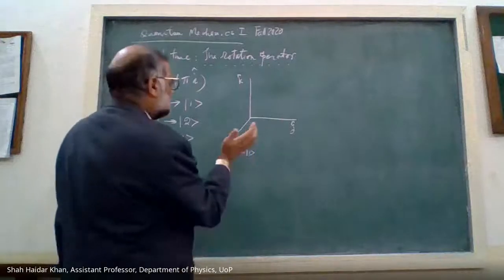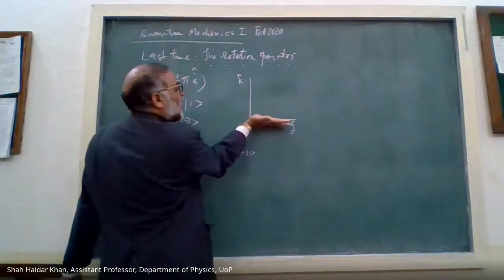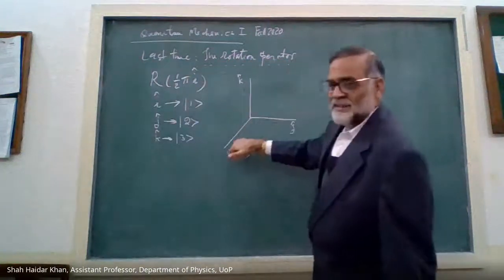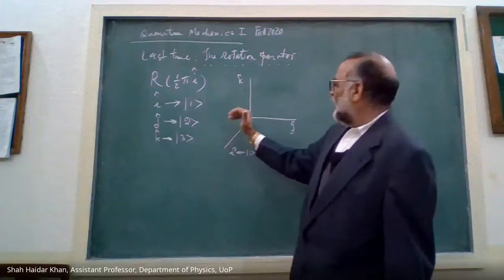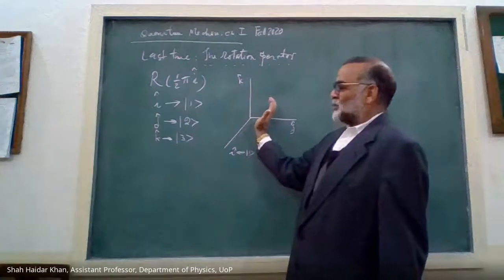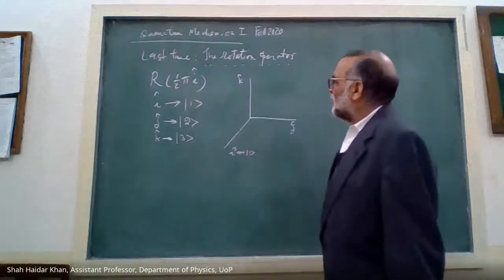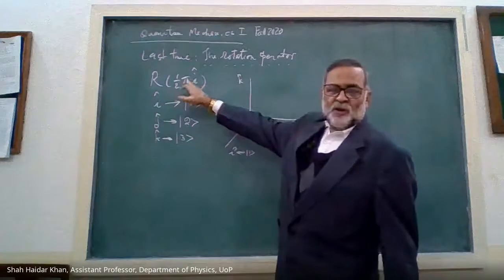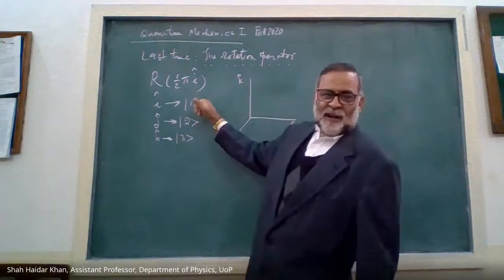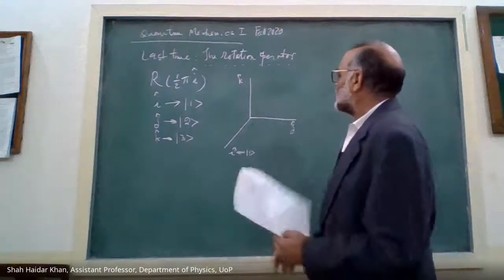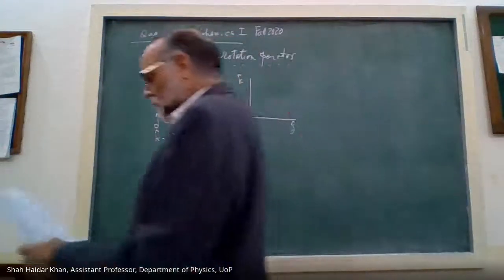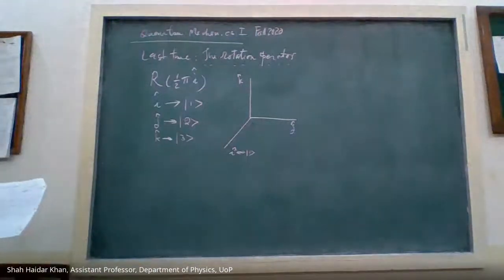This is Y, this is Z, and this is X. So X is perpendicular to Y and Z. So there is a rotation operator, rotation by pi by 2 around the x-axis, and we call the x-axis k1. So we rotate it, suppose, by pi by 2, right? Then,